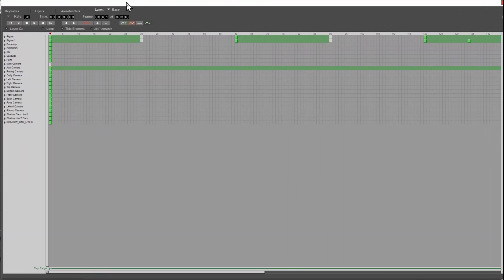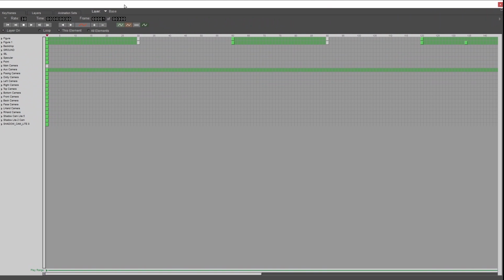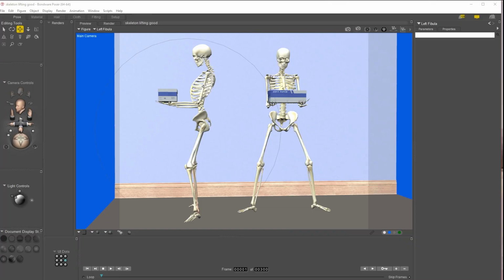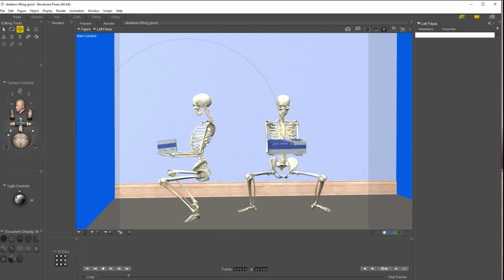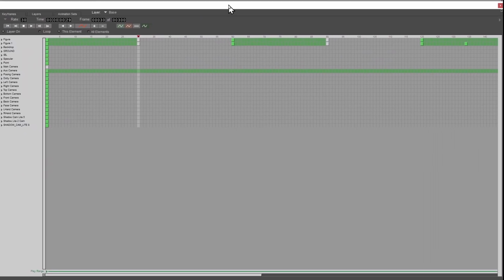So if I just show you here, this is the animation palette, and what you can see, these highlighted bits are what's known as keyframes. So when you're creating an animation, you take your figure and then you move it to a position you want to go to. So here I'll go to the next keyframe. I've set this keyframe and I've got this start position, and what Poser will do is it will automatically animate all of the joints to get from that start position to this position, and so on through my